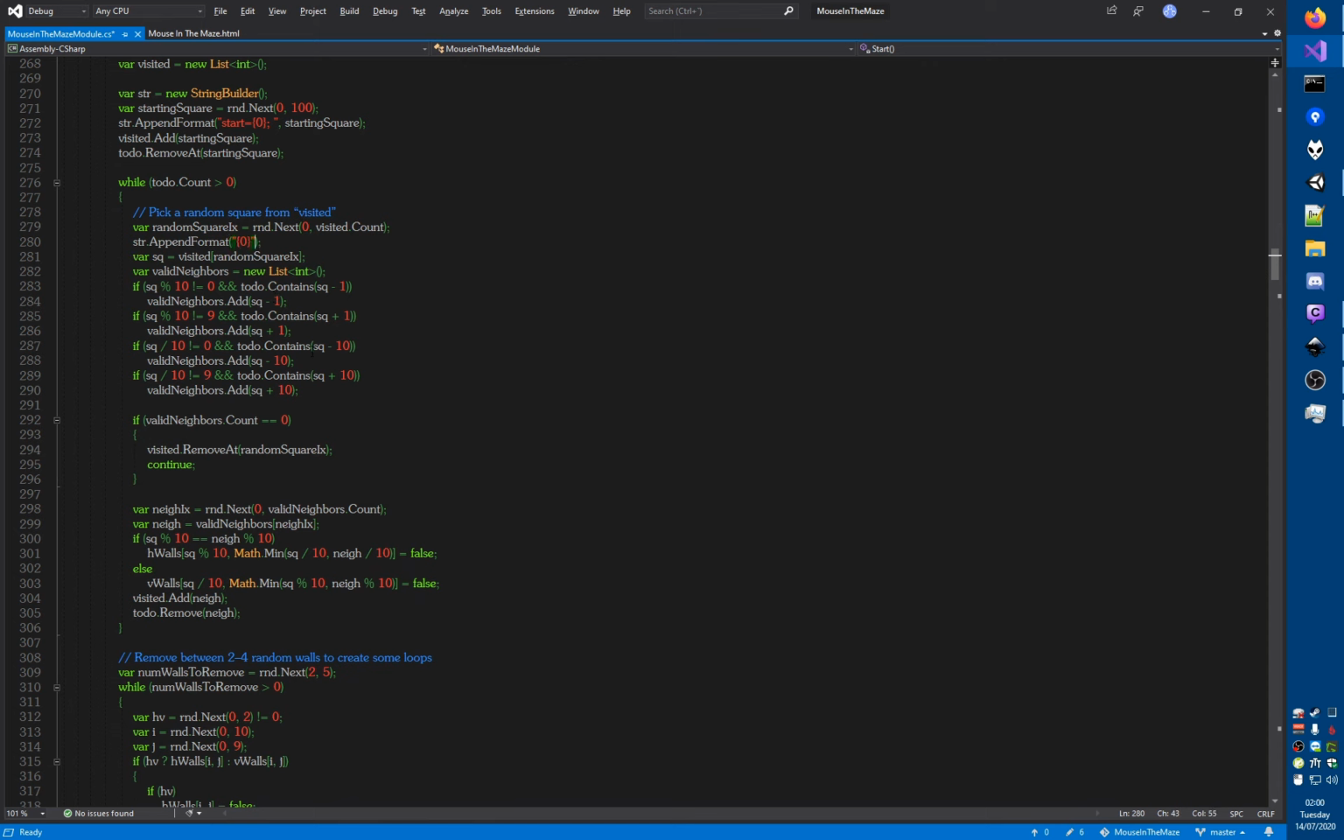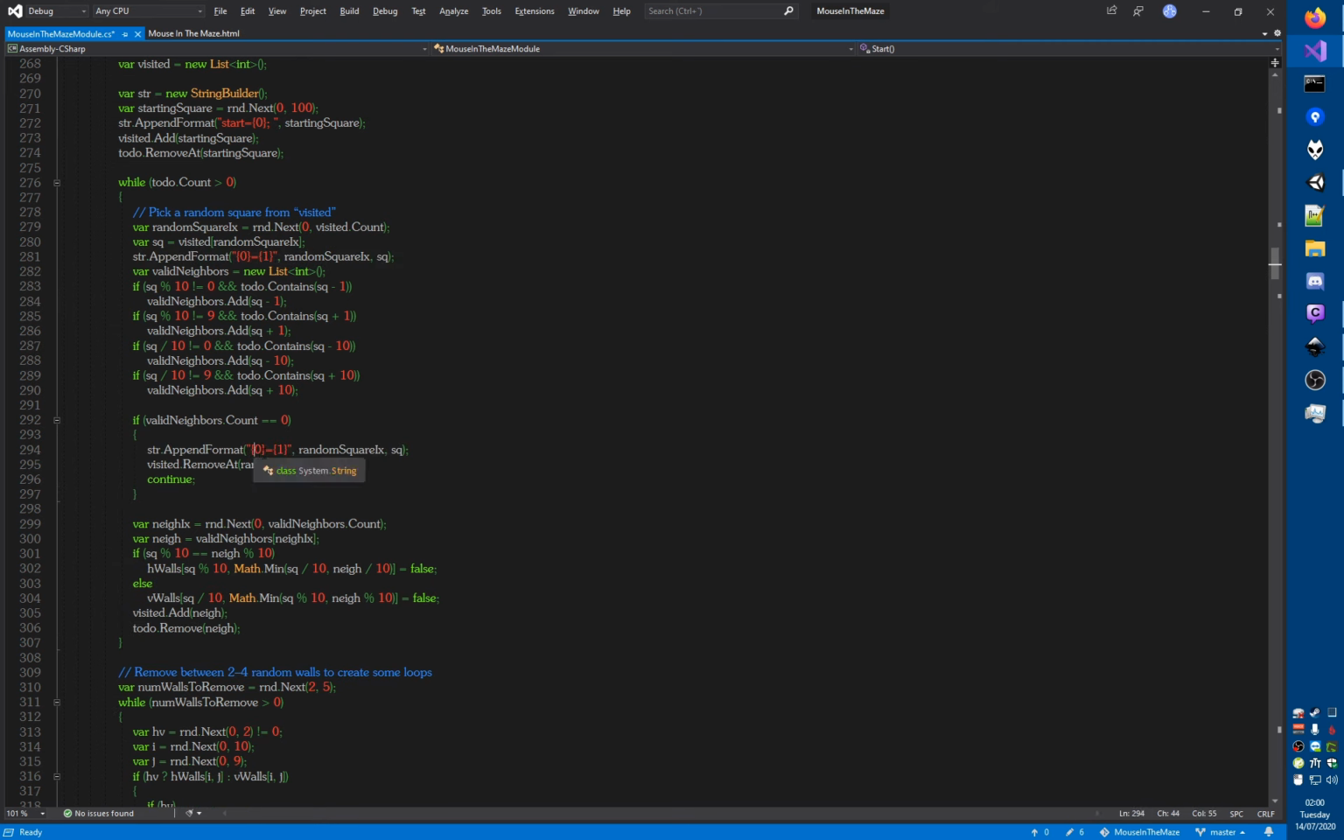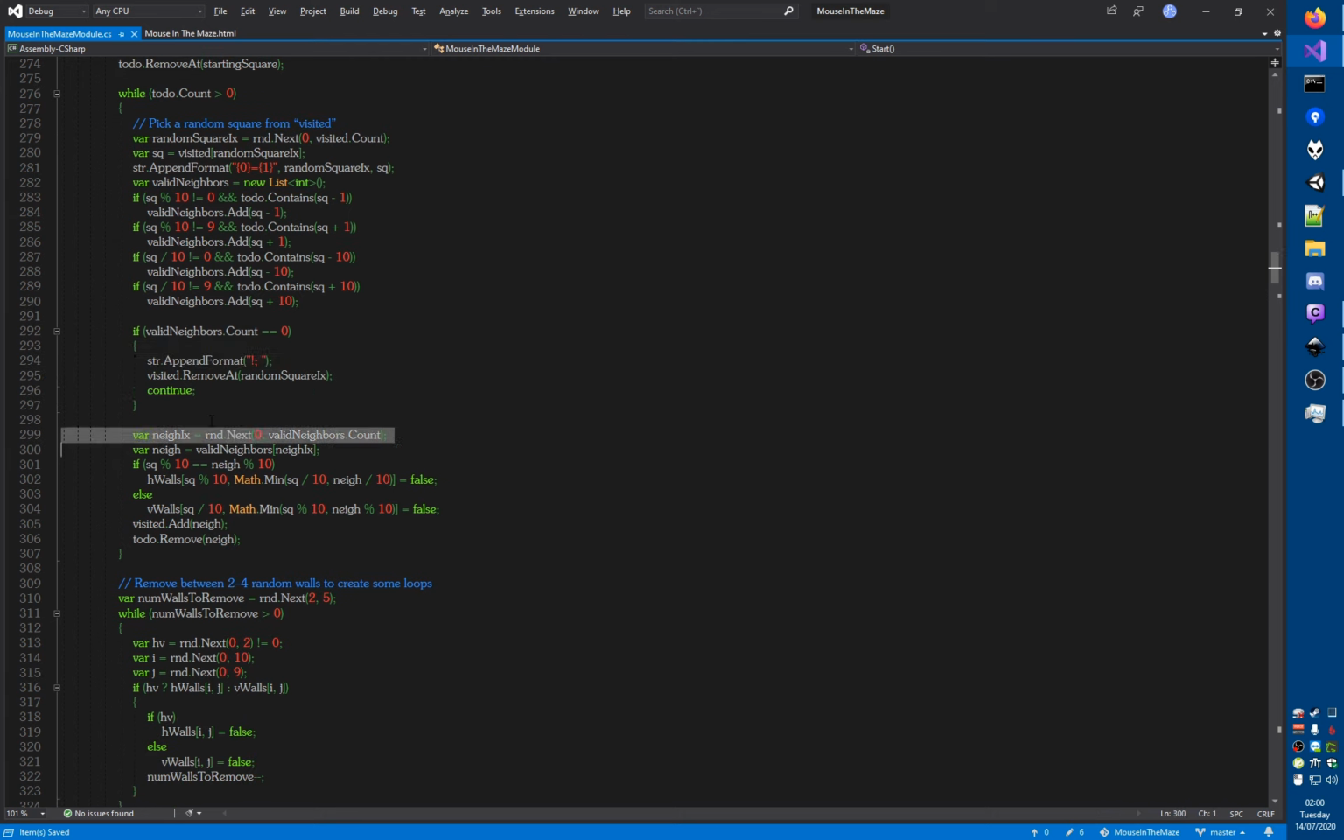So random square index, which is also a number like square. Okay, and then I'm going to output something here to say there are no neighbors. I'm going to put an exclamation point for that, for no neighbors. Okay, there we go. And then when there is a neighbor,